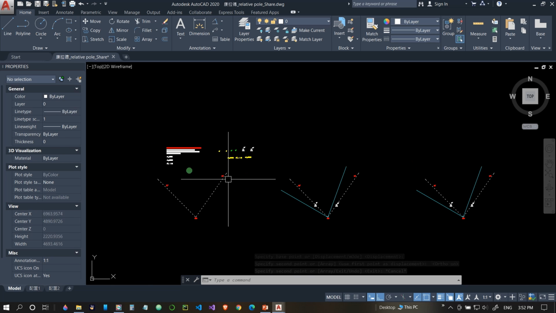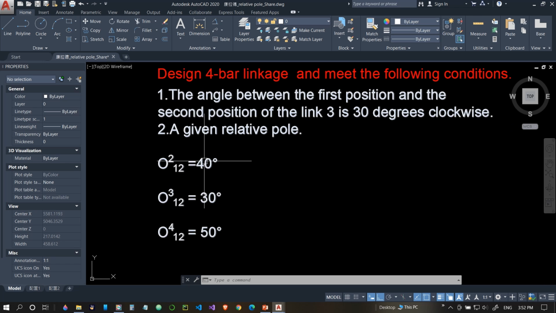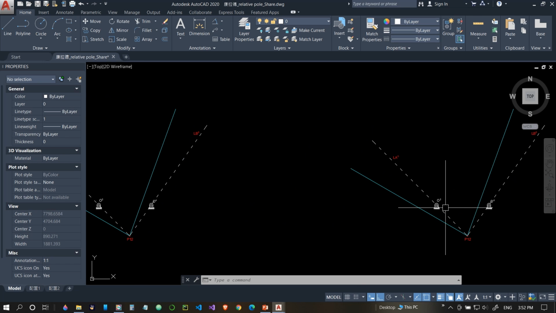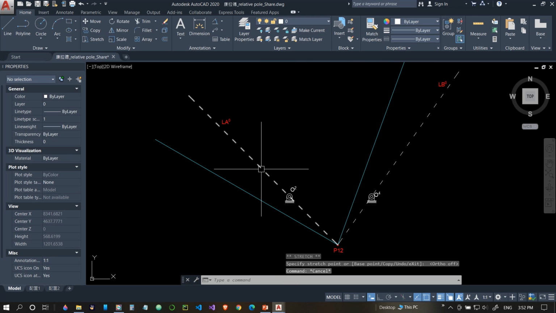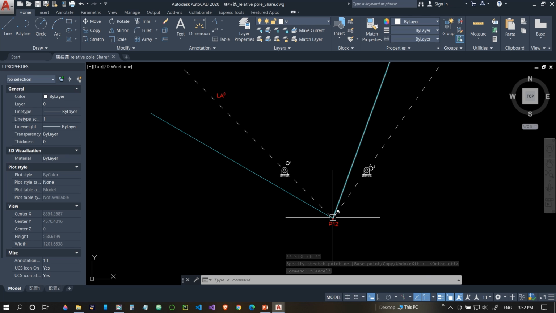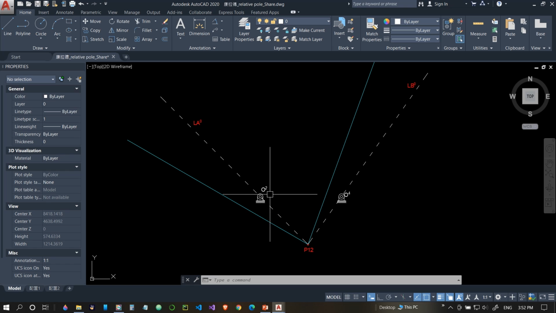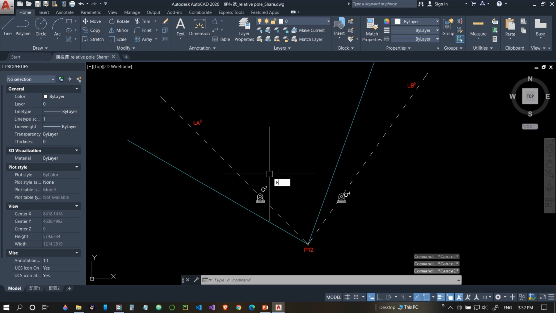So if we go here, we know we need an angle of 40 degrees, and as I mentioned before, a trick is just to rotate the reference line half of what we need. But now, where are we going to rotate this from? Are we going to rotate it from here or here? Okay, so let's go. So we need to rotate this 20 degrees in order to develop our 40 degrees between our links. So RO, enter this line,